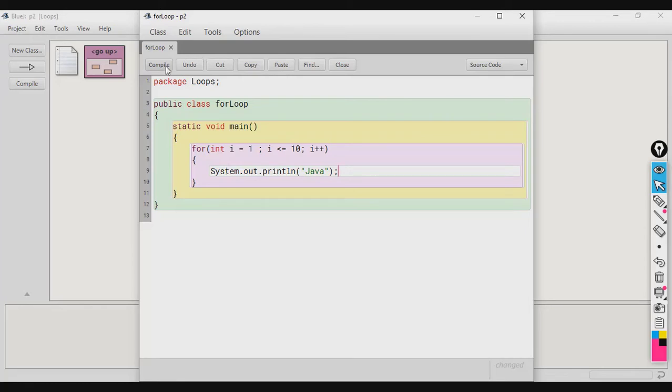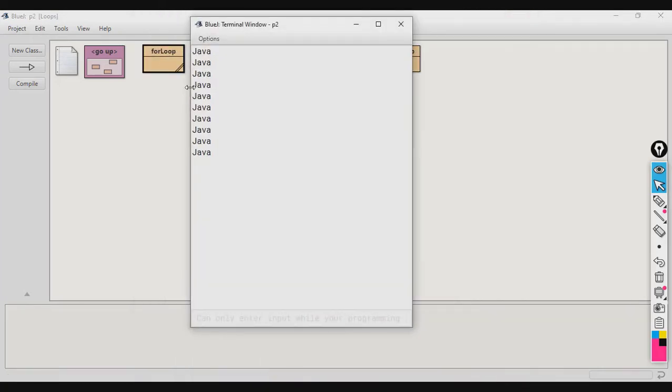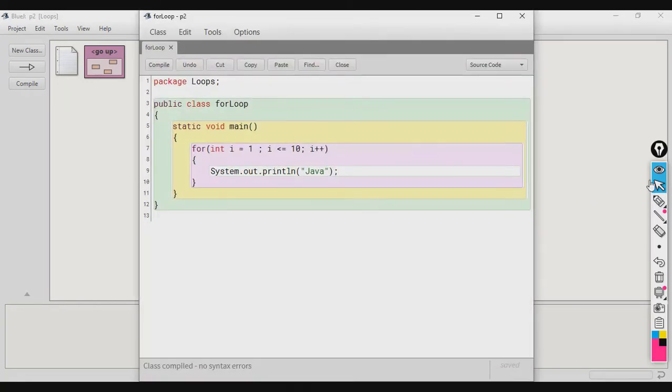Let's compile it, and you can see that I've written System.out.println Java only once, but it is being printed 10 times. 1, 2, 3, 4, 5, 6, 7, 8, 9, 10. So this particular statement is executing 10 times.